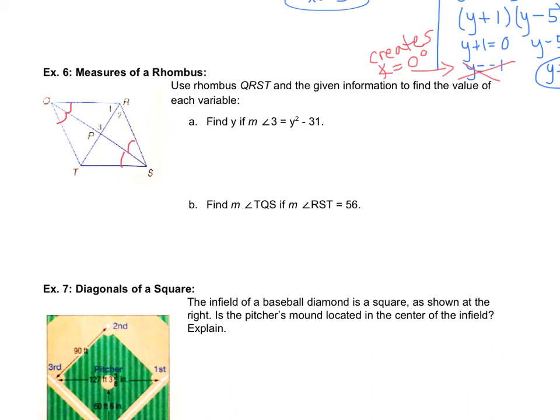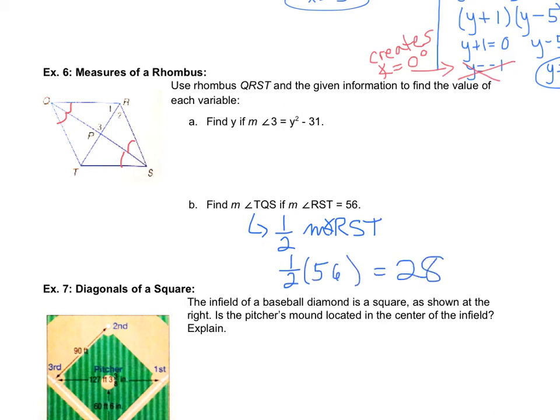That's important to remember, because part B asks us to find the measure of TQS if RST is 56. Well, if RST is 56 and that diagonal cuts it in half, then I hope you can see that TQS is just half of the measure of angle RST. Oops, there's my angle symbol. And half of 56